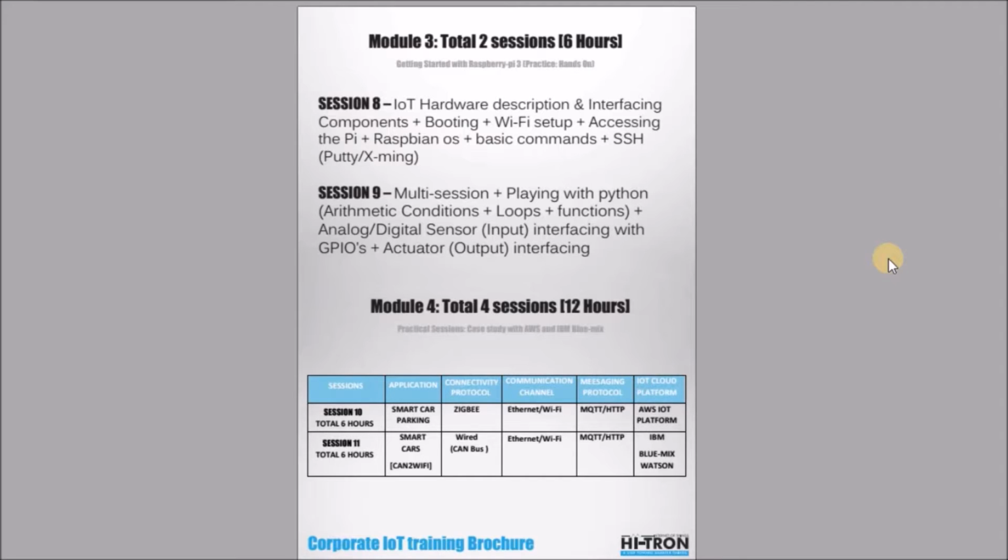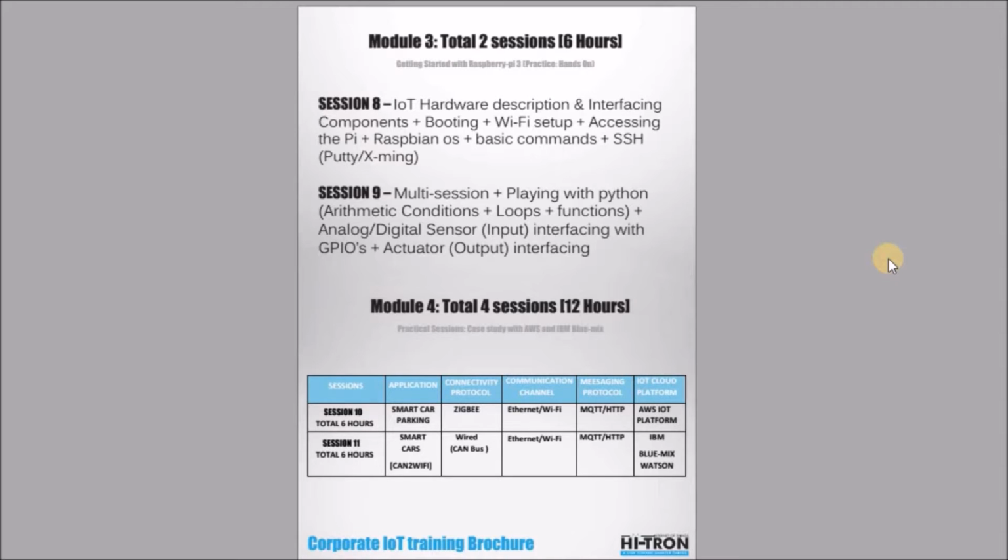So the next one is module 4, where we would have 4 sessions, which will be around 12 hours. And this will be like a case study of two very famous IoT cloud platforms, Amazon AWS and IBM Bluemix. Session number 10 in module 4, which is around 6 hours, is where we will learn